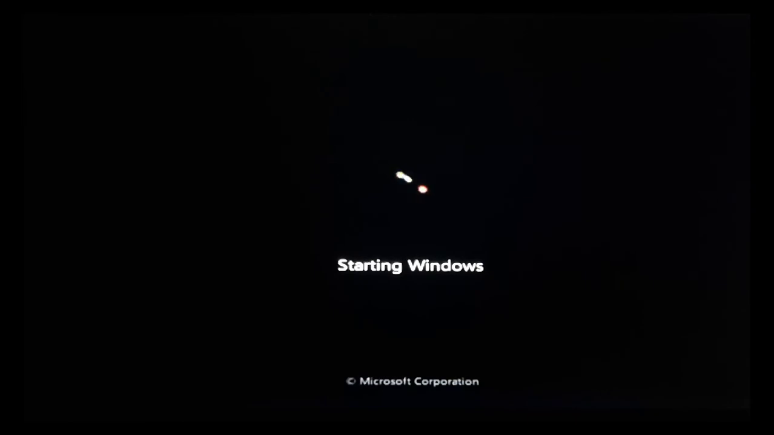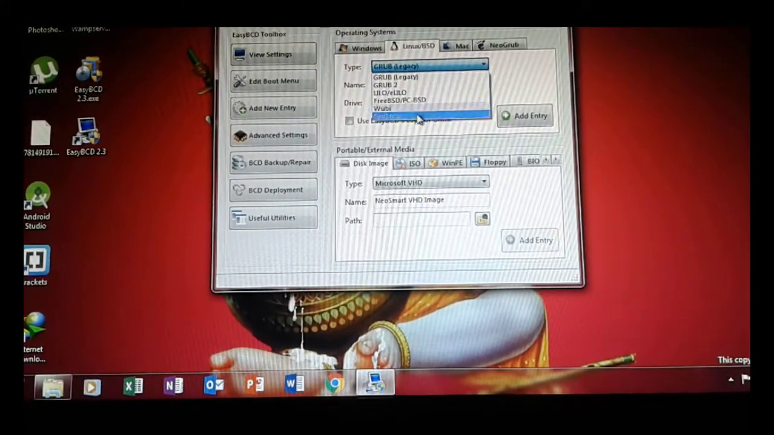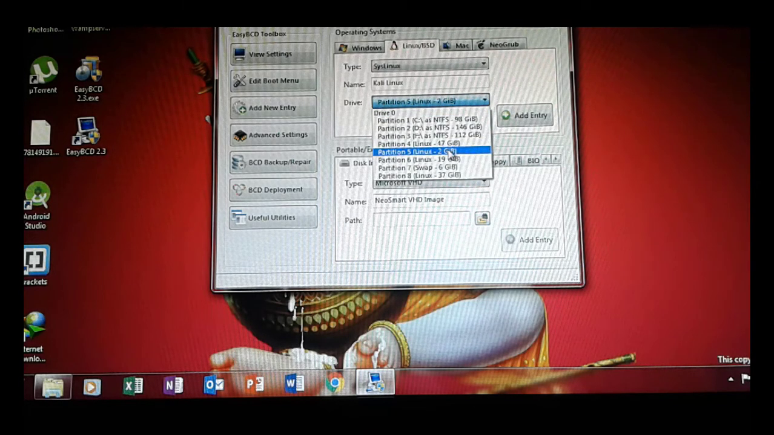Don't panic here, we will install the EasyBCD tool to select our OS during boot. The link to download EasyBCD is given in the description. Open the software after installing it. Now select Add New Entry. Then select Linux/BCD, then select the type SysLinux, give any name to it, and then select the drive where the boot files are installed. Then click on Add Entry,